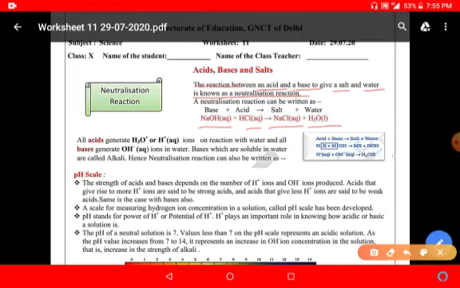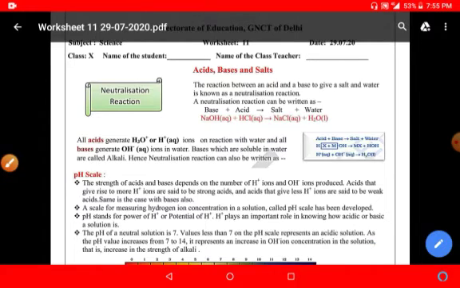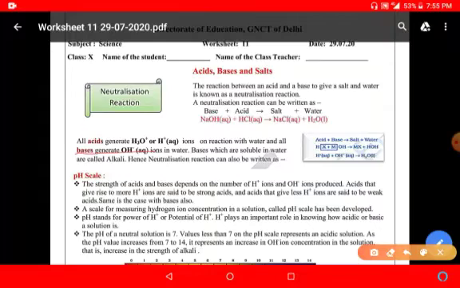That means the acid will generate hydronium ions or hydrogen ions on reaction with water, and all the bases generate hydroxide ions in water. The bases which are soluble in water are called alkalis. All the bases are not alkalis, but all alkalis are bases, because those bases which are soluble in water are called alkalis. Hence, we can summarize the neutralization reaction like this: